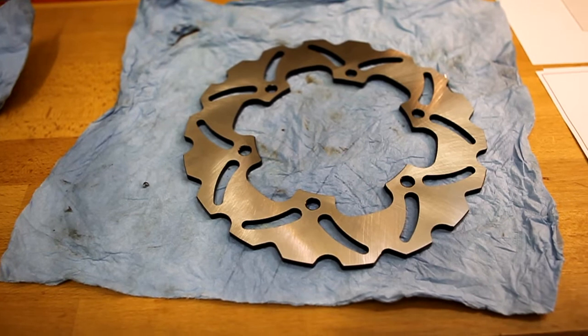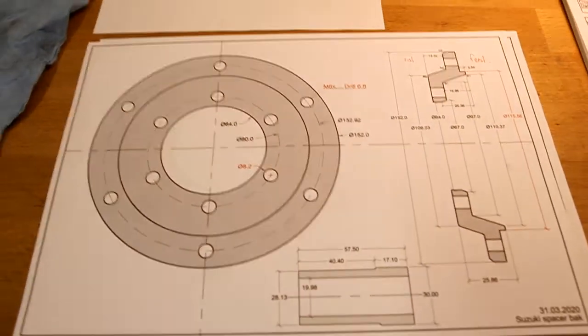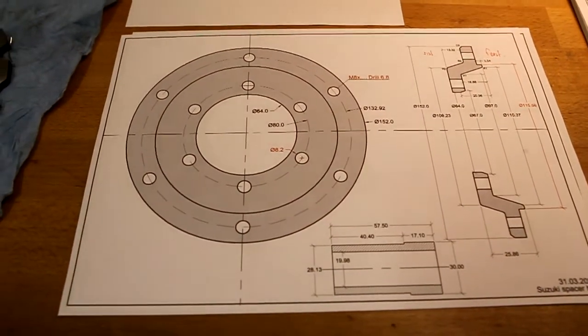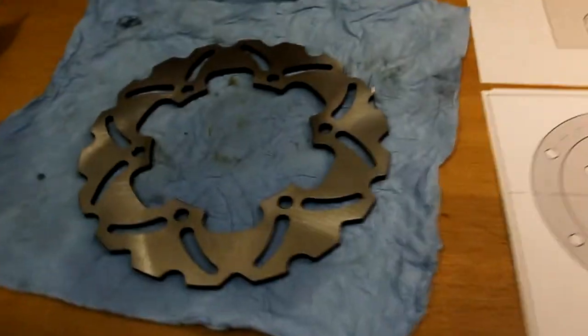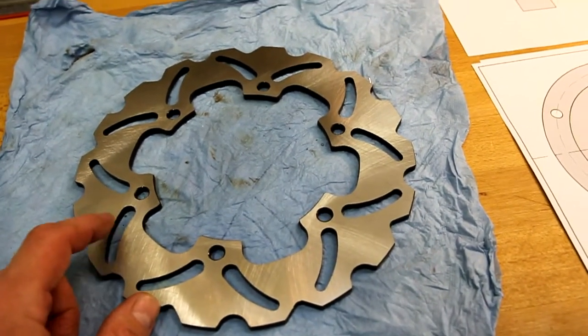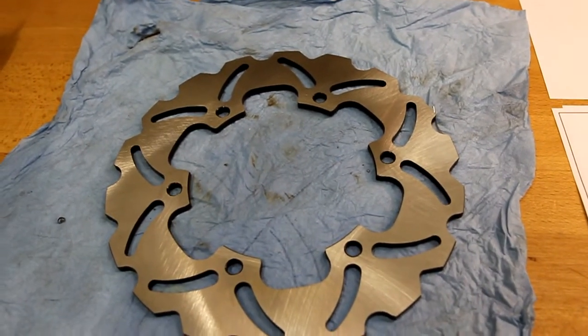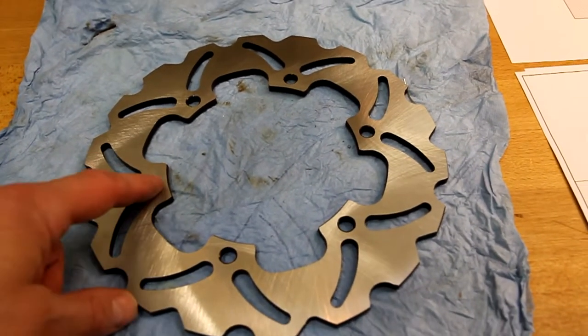I'm going to make a spacer for this brake disc today. Here's the drawing. This is a strange disc. The inside diameter is 115.6 or something, and the holes are